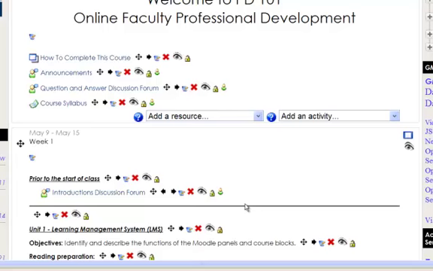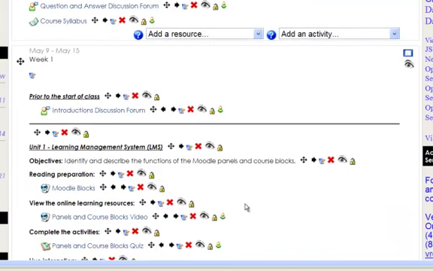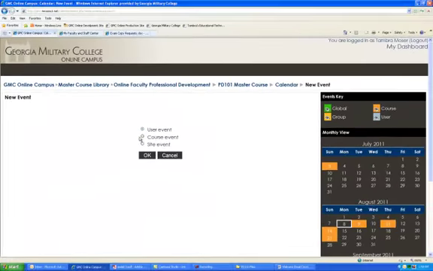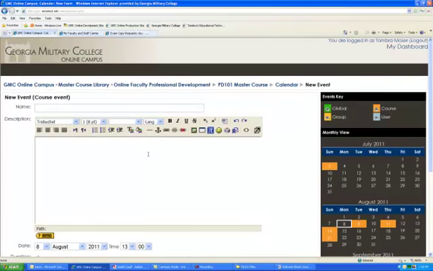Now you need to go into the calendar and add events. And you do that by coming over here to upcoming events, new event. Course event. User event means only I will see it. You won't see site event because you don't have that. I have administrative privilege, so I see that one, but you'll only see those two. This course event. Press OK. And then we list them